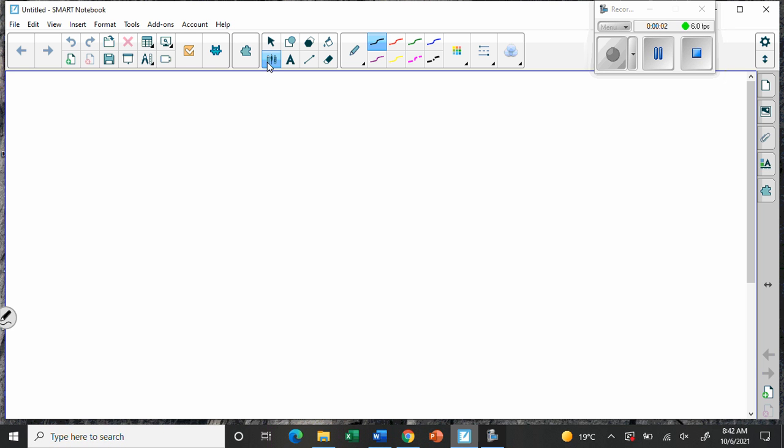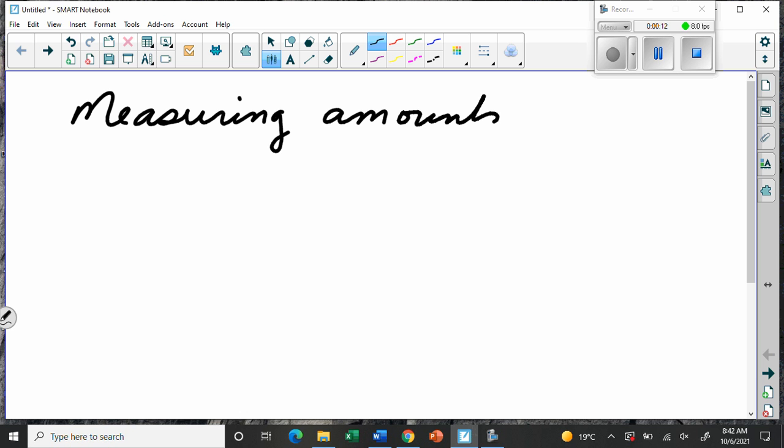All right, we're going to look at measuring things in chemistry, measuring amounts. So far, we've been looking at molecules and compounds, and so we write a little equation, and we say sodium chloride